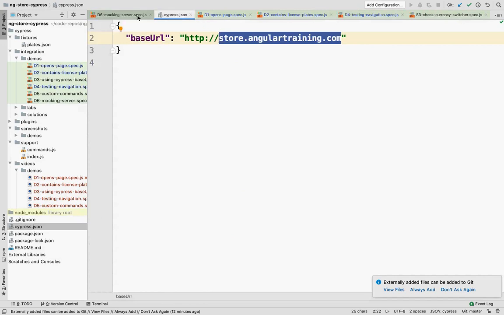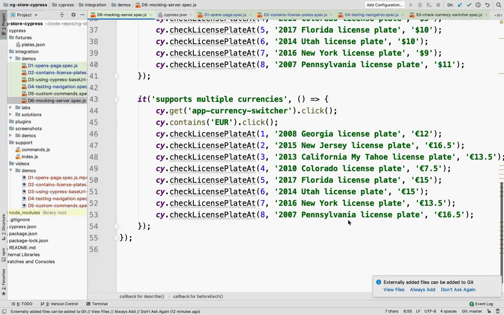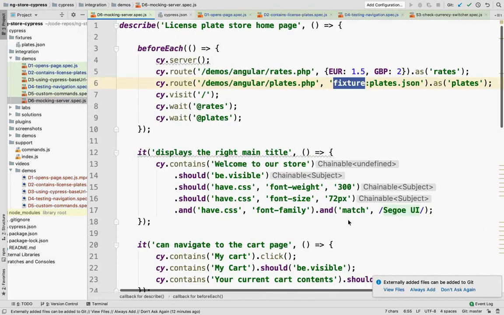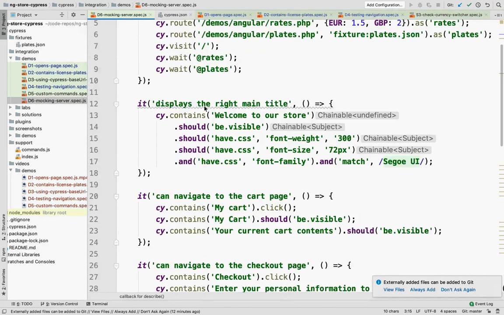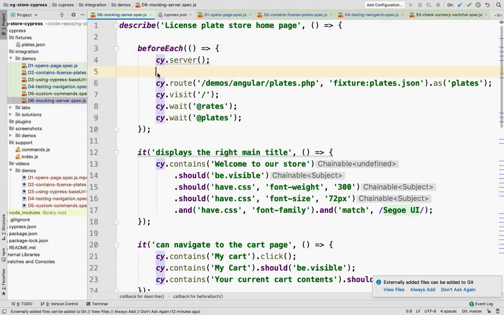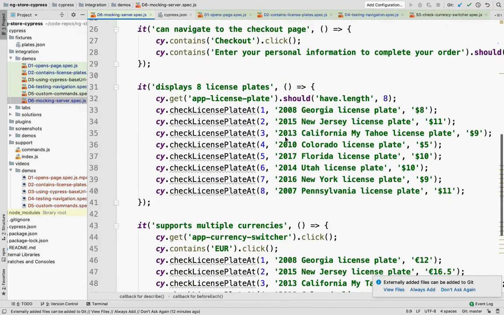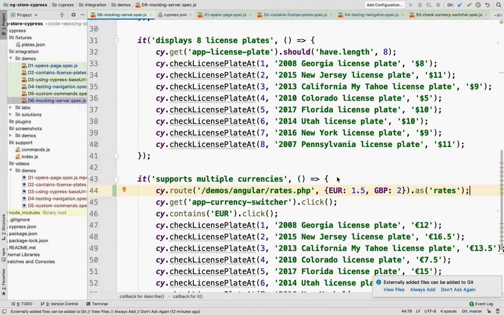I could also read that file to define my expectations down here, for instance. And that's getting intercepted for the life of that one test, or for this whole, I guess it's before each, so in that case it's within that describe, so all of the tests within that describe, because there's before each, all of them would have that applied. If I wanted to do it for just one test, instead of doing it in before each, I would do it just in the one that does the currency thing, for instance.